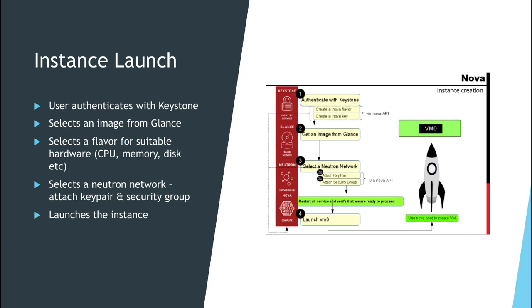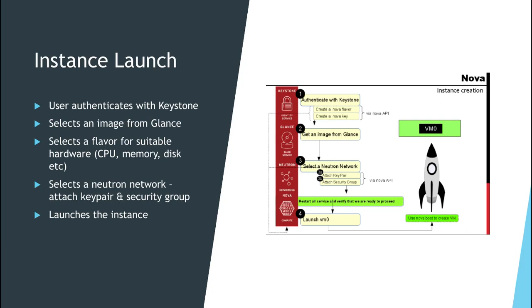Selecting an image for an instance is not enough, he also has to select a suitable flavor. A flavor is nothing but a template of hardware. It consists of CPU, memory, disk, etc. That defines how many virtual CPUs there will be, how much RAM, and what disk size. That will be the combination inside your flavor.